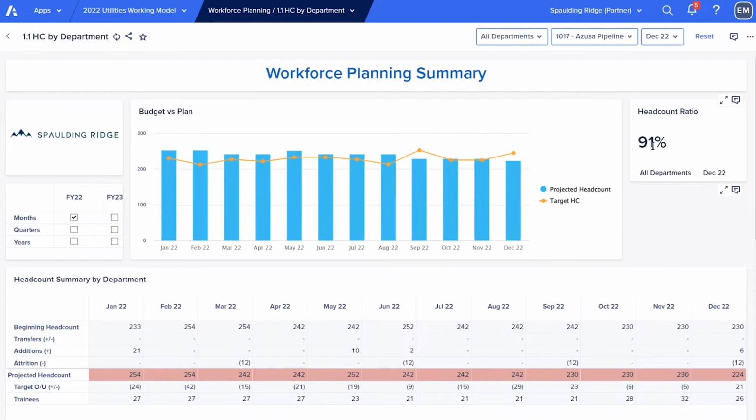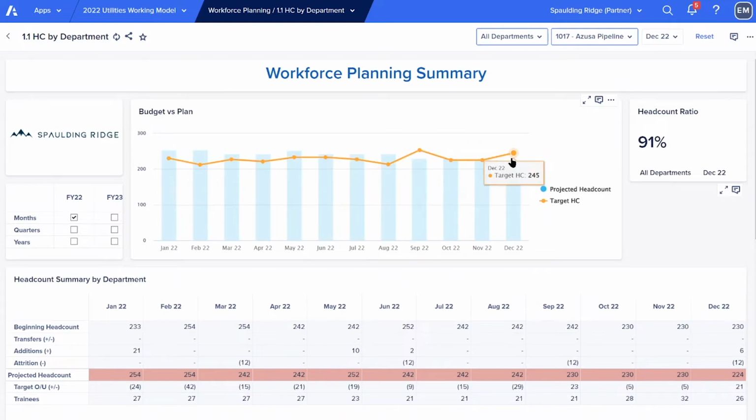By December, I'm only going to have 91% of my headcount that I need. So instead of saying I'm too far over in people, so I need to scale back, it's actually the opposite. I need to go out and hire right now so that come the end of the year, I have enough people to take care of our operations.